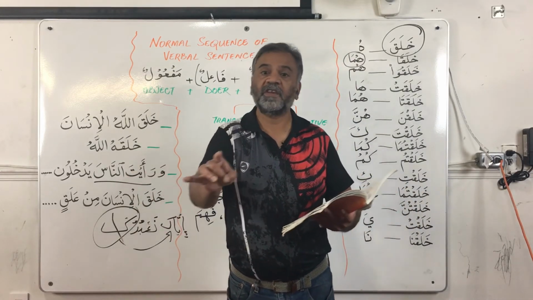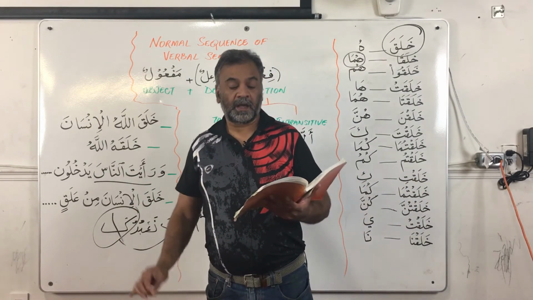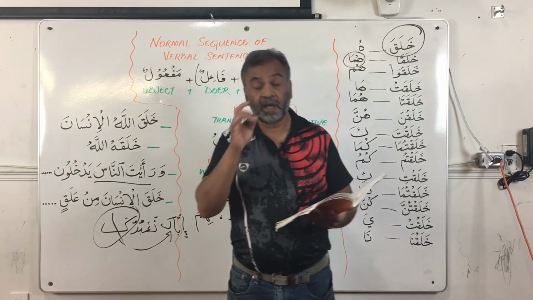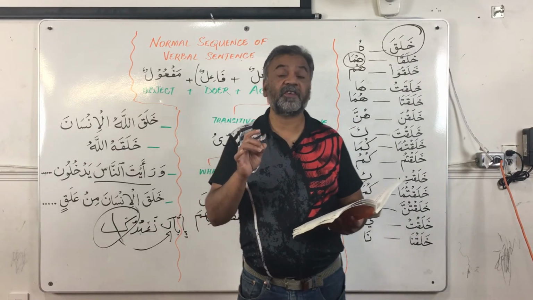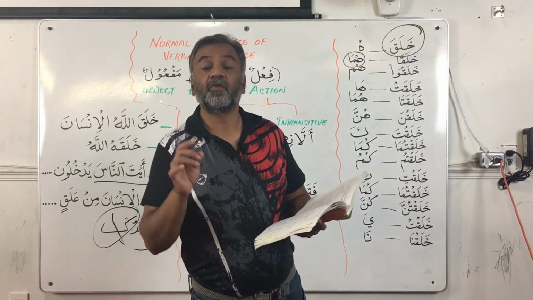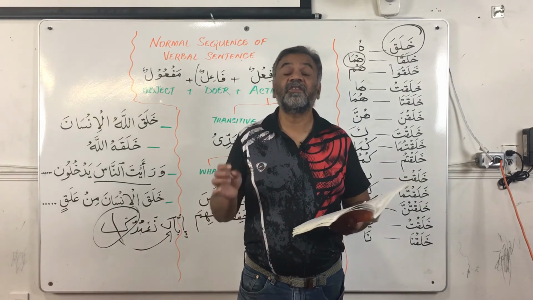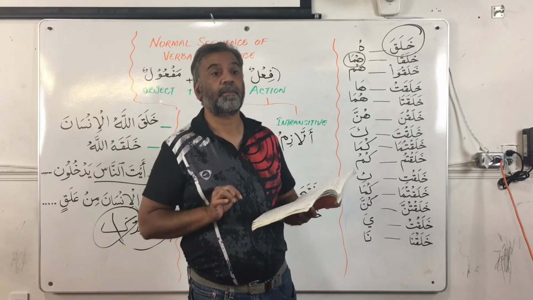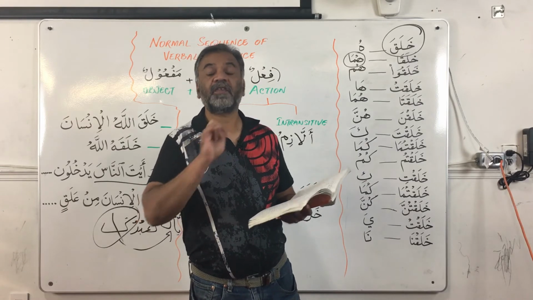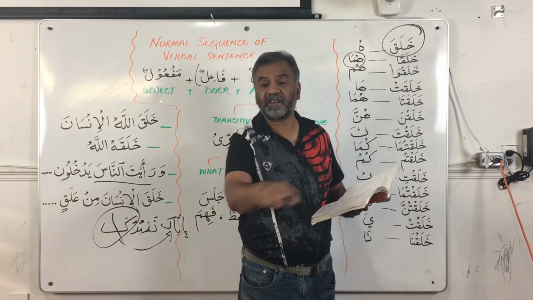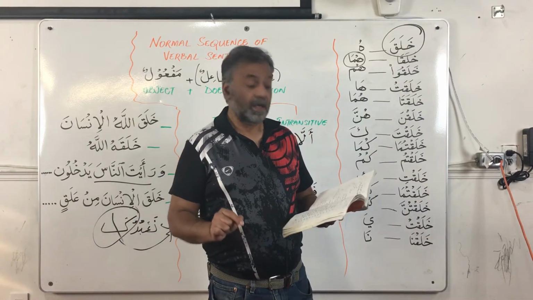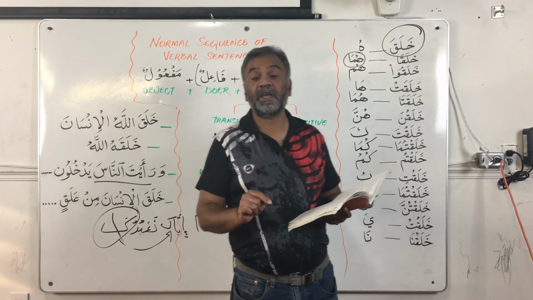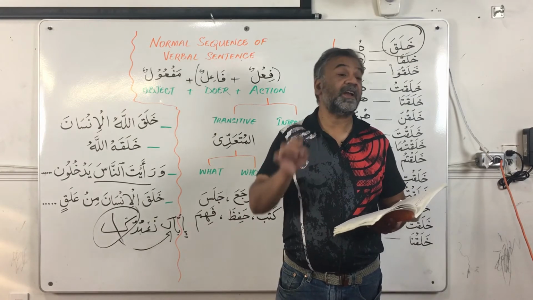Who broke this desk? Kasara. What is the meaning of kasara? He broke. Is it transitive? Yes, it is transitive, because he broke what? So man kasara, where is the maf'ulun bihi? Where is the object? Haza. Haza is the maf'ulun bihi, because there is a desk in front of the teacher and he is saying man kasara haza. So haza is your maf'ulun bihi and it is mansub, but it is mabni.